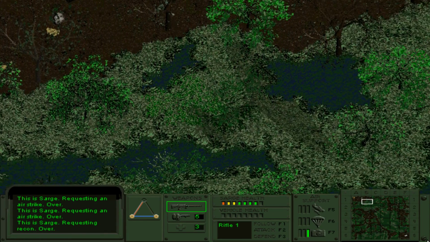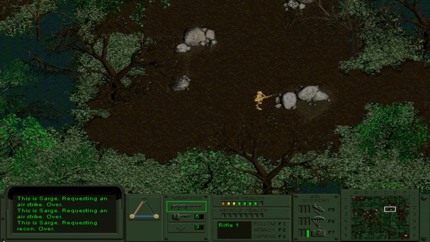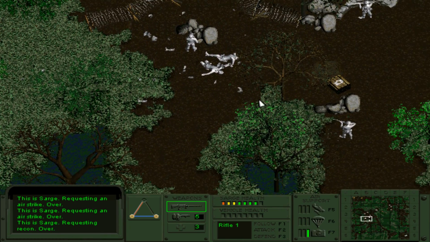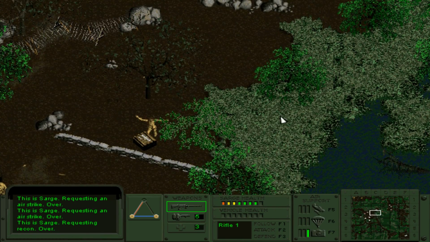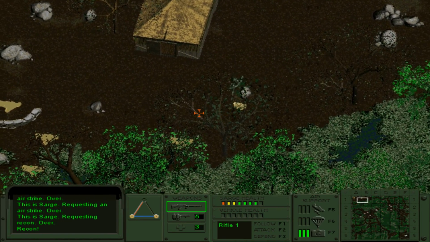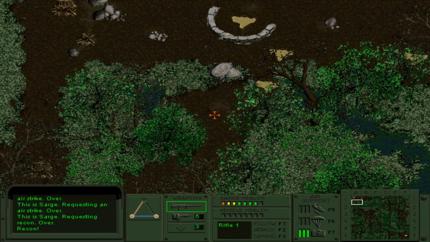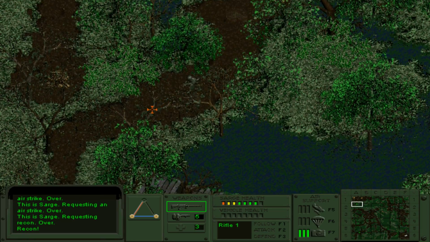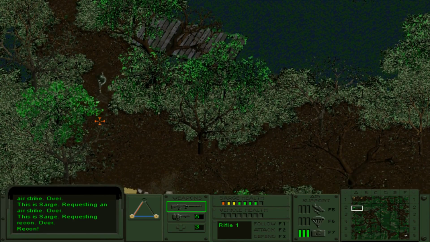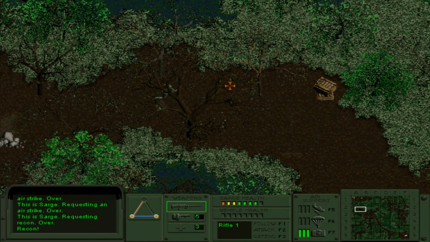This is Sarge, requesting recon. Over. So there's a few guys left over here. Plus there's of course still the fighting going on through this area. And a mortar. Okay. Recon. Well, I'll work my magic, see what I can do here. Bad news is, of course, the blue spy blew up the bridge, so I have to now take the long route around. Good news is...